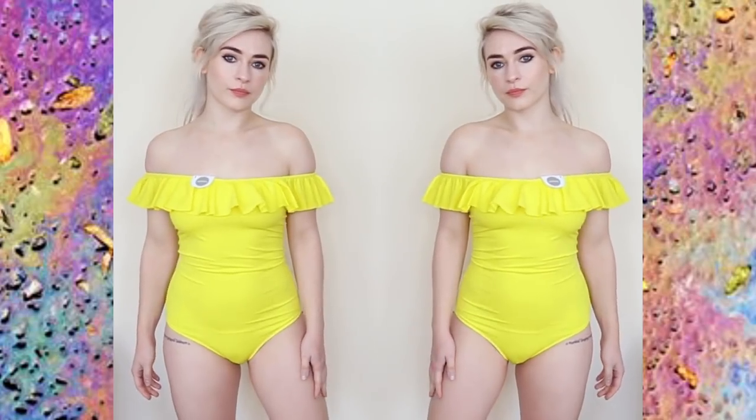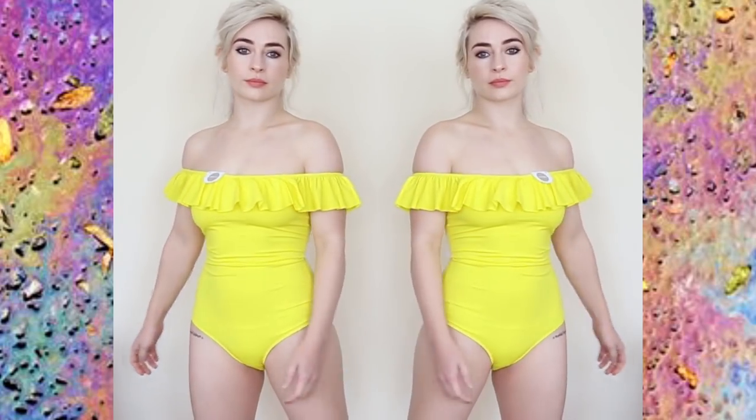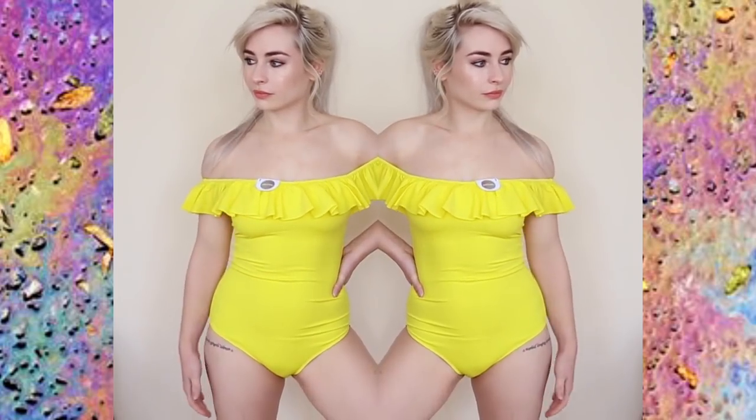It's also off the shoulder, so very flattering if you want to cover the tops of your arms, which I like to do a lot. This is perfect for that. Yeah, I really can't fault this. It makes me feel confident. I think the colour would look